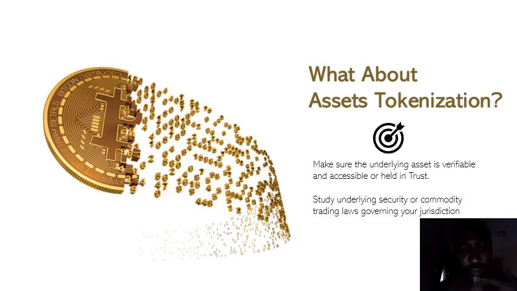You have land too. Let's use land as an example. If a land is tokenized, a token system is created. The tokens represent the land, so it can be broken down. If the land is to be sold for $1 million, it can be broken down into $10,000 portions and sold to different people. Each of those $10,000 portions is represented by a token. A token can be created for that.